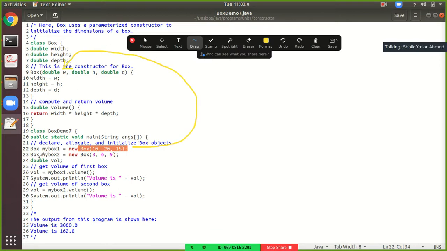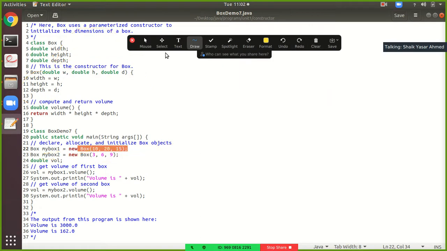So mybox1 will have width, height, depth as 10, 20 and 15. Then at line number 23, mybox2 will call the constructor, and mybox2 will have width, height, depth as 3, 6, 9.